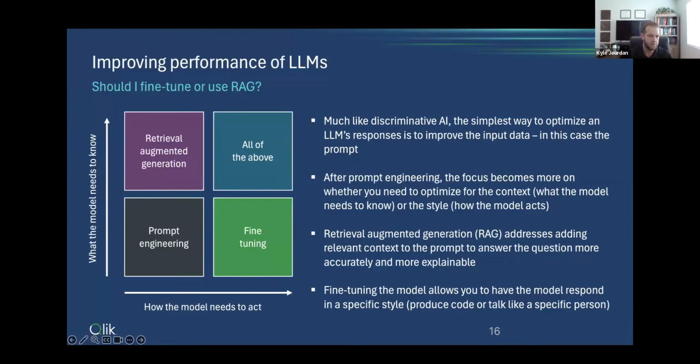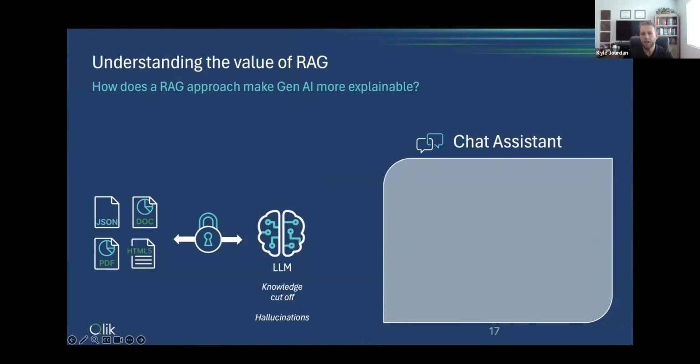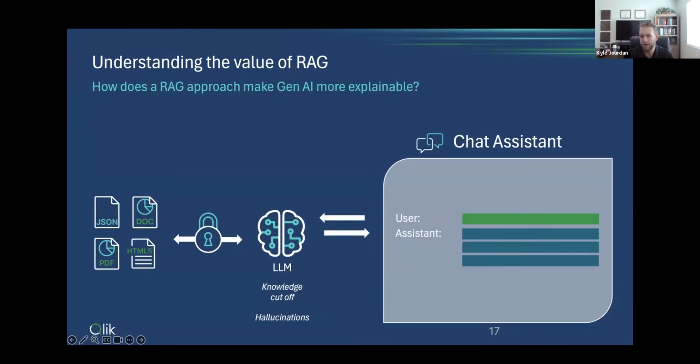So what does that look like in terms of a visualization? If I went to ChatGPT today and I asked a question of a chat assistant, it has no access to the documents that are internal to my organization. So if there are PDFs or Word docs or PowerPoints that my organization has that has the right information that a user may be asking for, the LLM has no knowledge of that. And so what happens is the question is posed to the LLM, it gives an answer. That answer may or may not have the right information in it. We have no idea where that answer was generated from, what information it used to create that answer. And so we're kind of left in the situation where we have to blindly trust the response that was given.